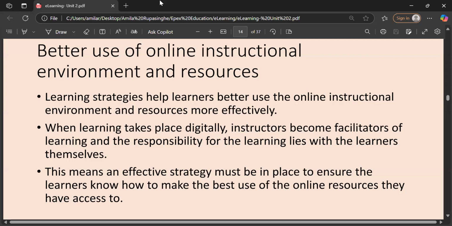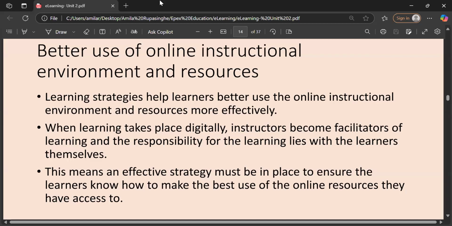The responsibility for the learning is on learners themselves, right? Learners have to get the learning experience. It's not the responsibility of the teacher. The teacher is only the facilitator, right?